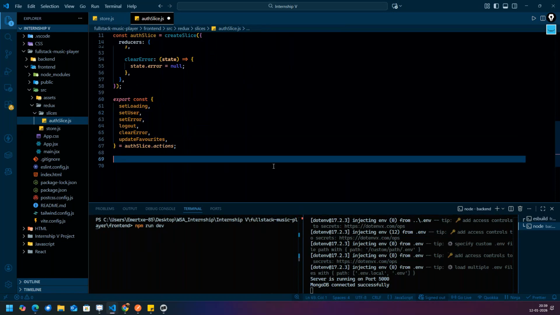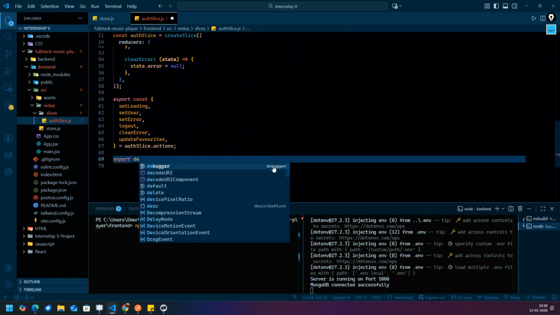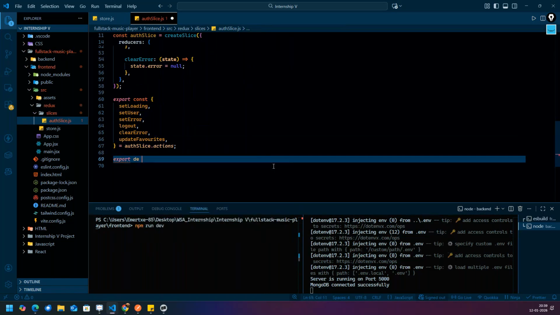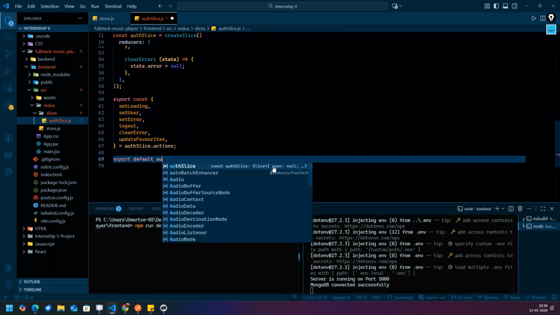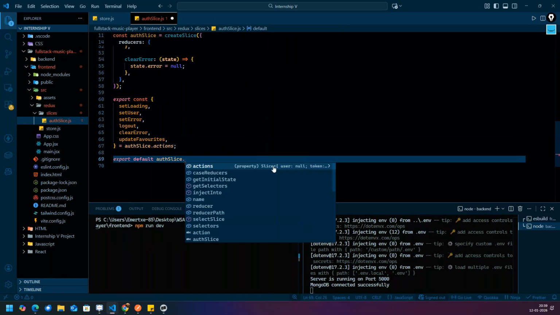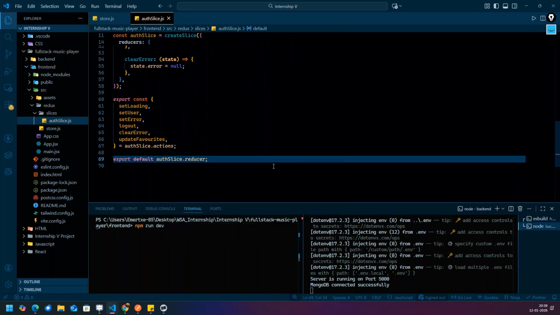Okay, and for the store we have to write export default authSlice dot reducer.